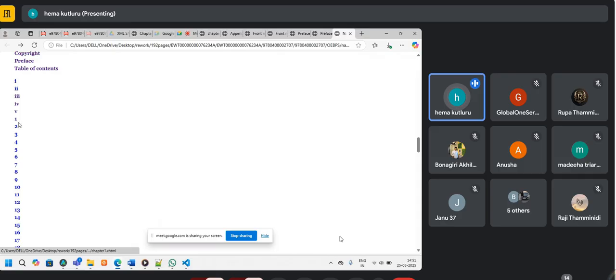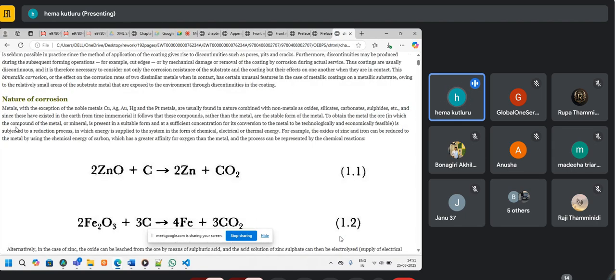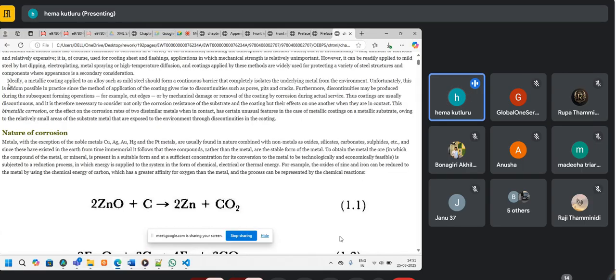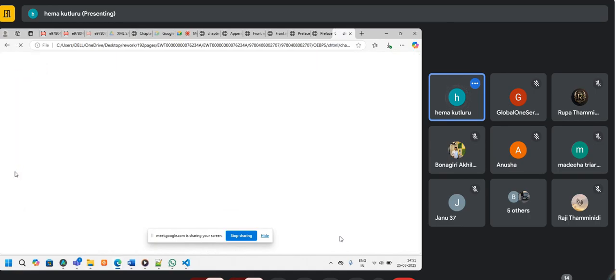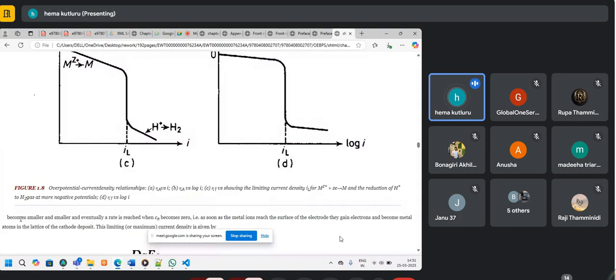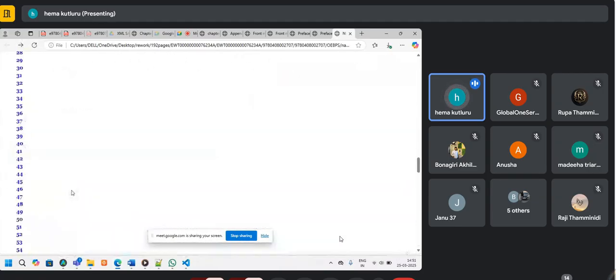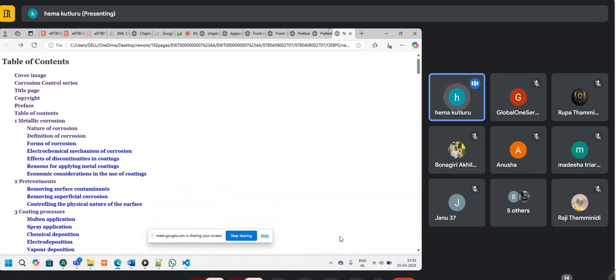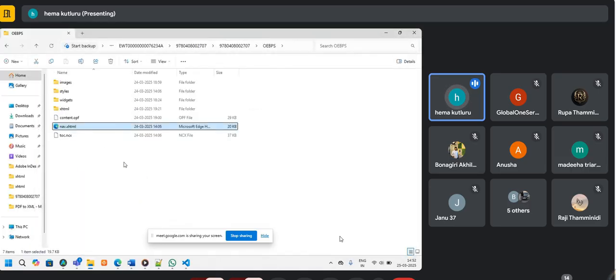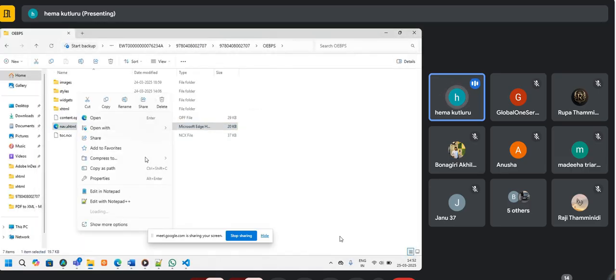When you give the page break inside the middle of the chapter, that page number will be directed here. That page number 2 will exactly go to the page number 2 content, where we have given the page break IDs. 8th page, 50th page, and all. And this is the navigation file, and the code for this navigation file will be